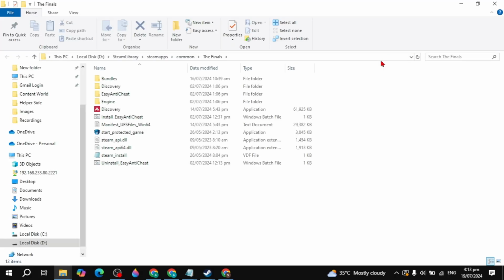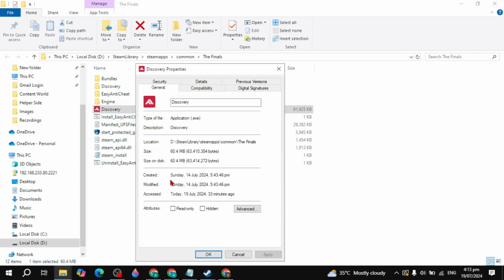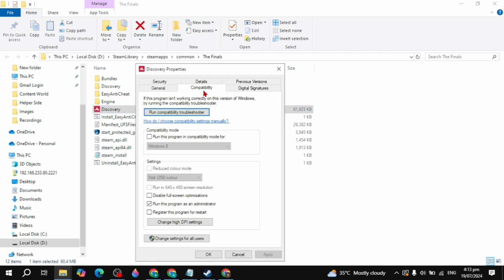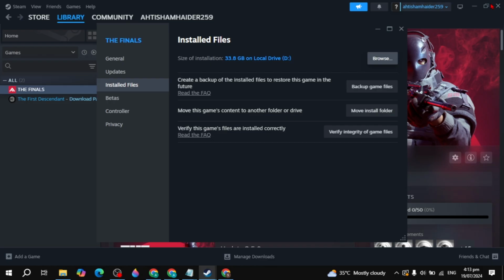And then if your problem is not fixed, click on the browse option, and here you need to just select your launcher of your RDR2 game. Right click on it, go to its properties, and now click on the compatibility. And now here you can check this box of disable full screen optimization, and also check this box of run the program as an administrator. Click on the apply, then click on the OK, then just restart your Steam, restart your game, and your problem